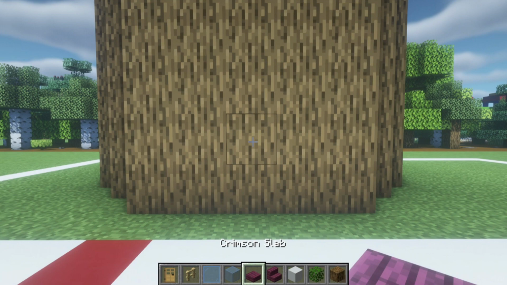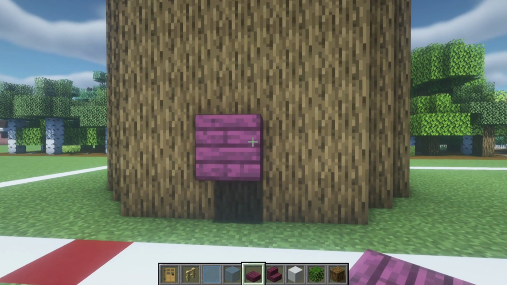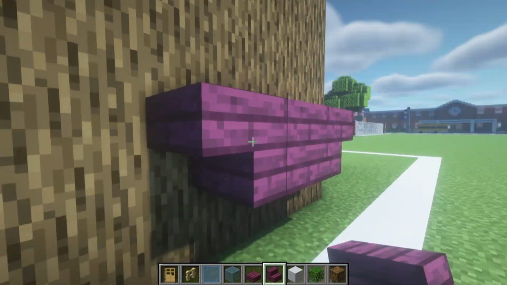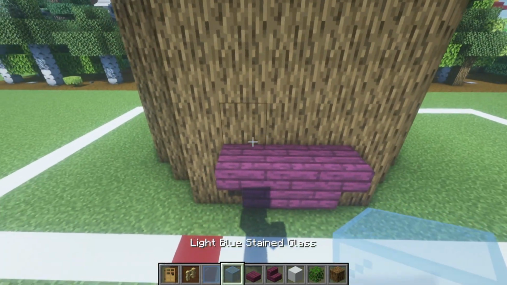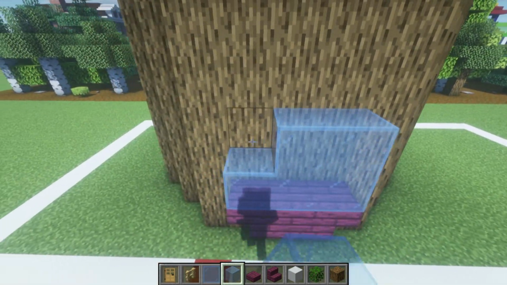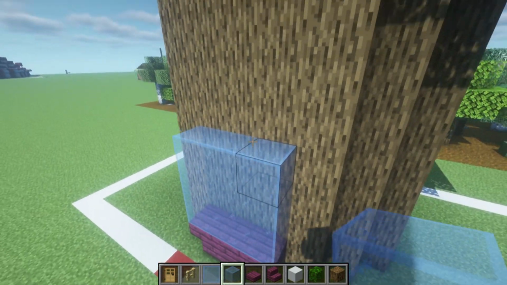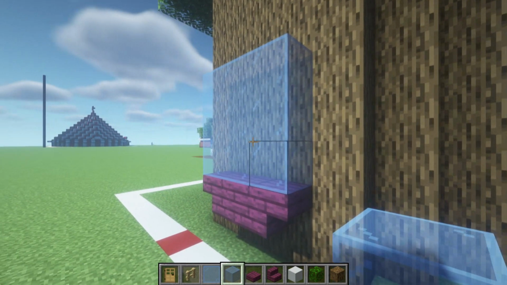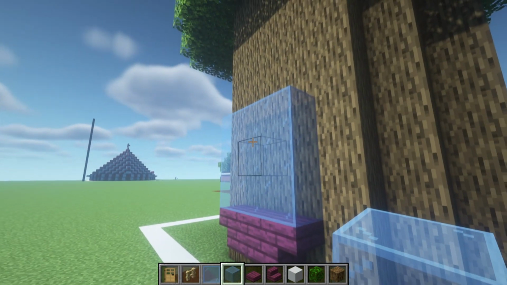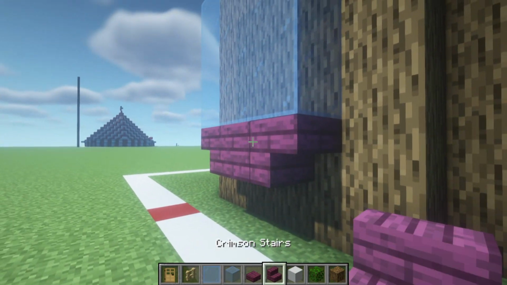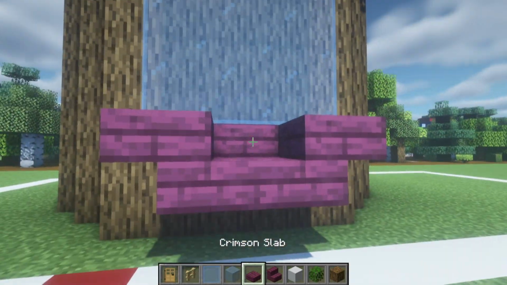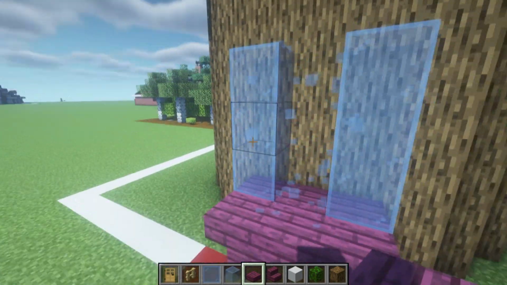one block up, and place a crimson plank in front of this block. Upside down crimson stairs on the left and right side. 3 rows of light blue glass on top of the crimson. And then, as a matter of fact, we want to extend this window outwards. So we're going to add another layer of the stairs and the crimson, and we'll hollow out the center, or